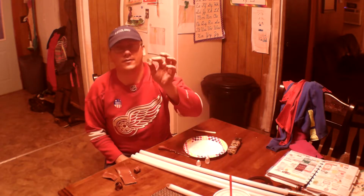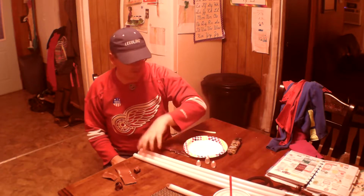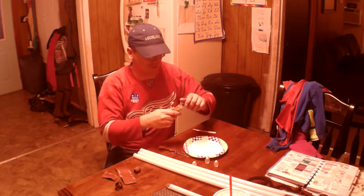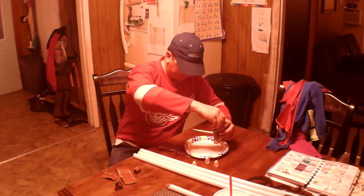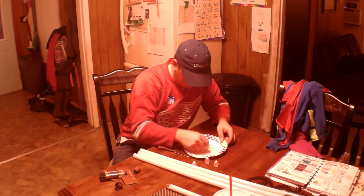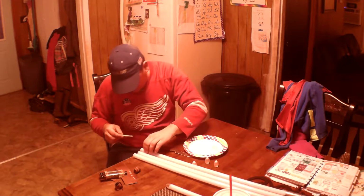Back here, I've gone through and brought in some 120 grit sandpaper. I've gone through and removed a whole bunch of the hot glue that I had on this stuff, sanded on the inside of the tubes and on the caps here, and I just got some Gorilla Epoxy here. Part of a shim to stir up this epoxy. So what I'm going to do, I'm going to apply it to the inside